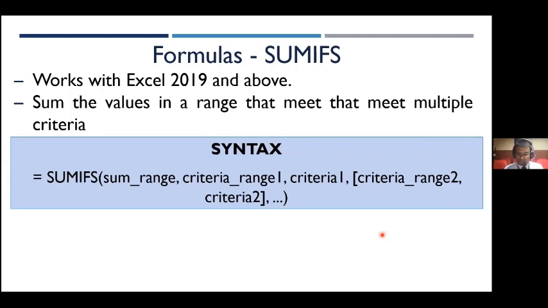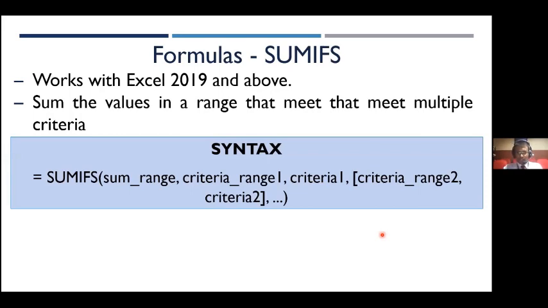I have mentioned the syntax and the data sheet in the handouts, so if any of you want to practice on your own, you can refer to them. For the session, I would rather work on what benefits the majority of you. So let's move on to the next formula.